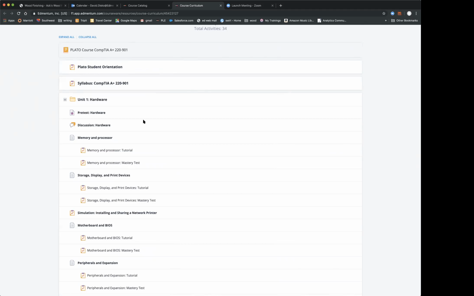I forget how many they have, but they run the gamut from the very beginning level to somewhat more advanced. They have specializations like cybersecurity. They even have a specialization for people who want to teach other folks how to get these certifications.